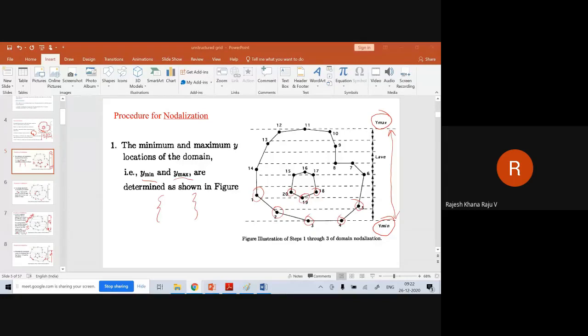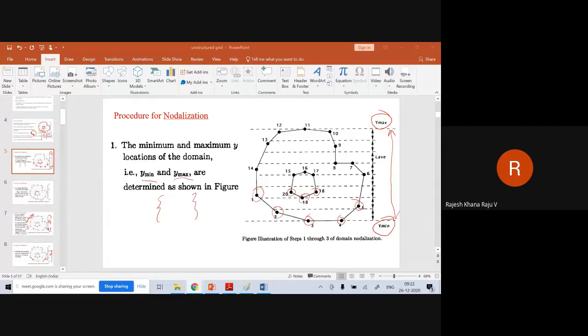Once you place the nodes on your boundary, we will number them. The numbering is counterclockwise for the outer boundary, whereas clockwise for the inner boundary, if any.